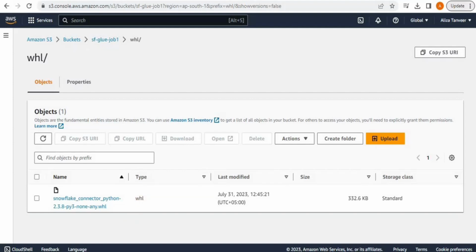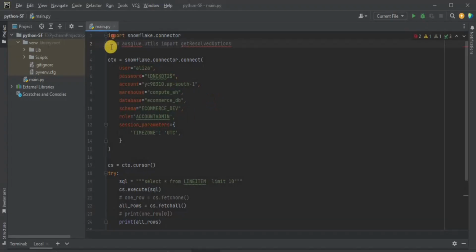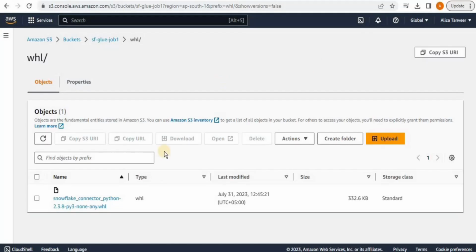smoothly. So once you do that, let's go back to our PyCharm or the IDE you are using. This is the same script that we used in the previous videos. And I've added a new line here which is from awsglue.utils import getResolvedOptions. We are not going to use this in this particular lecture, but it will be used in later videos. Everything else will be the same, and I'm going to go back to my AWS account, and from there